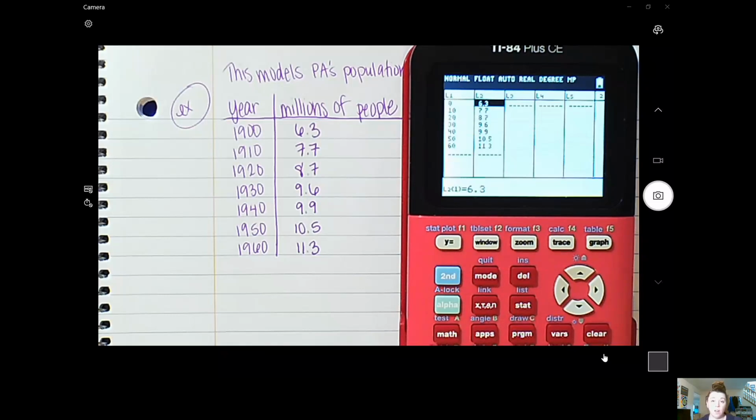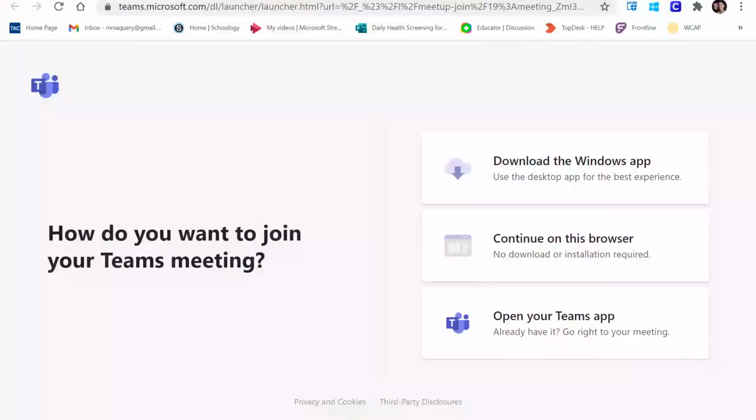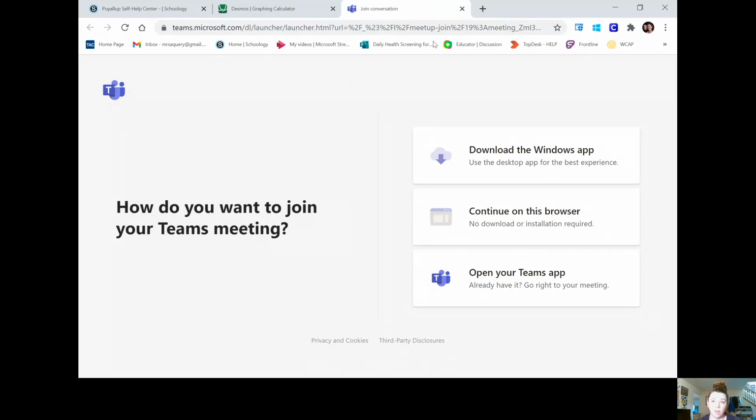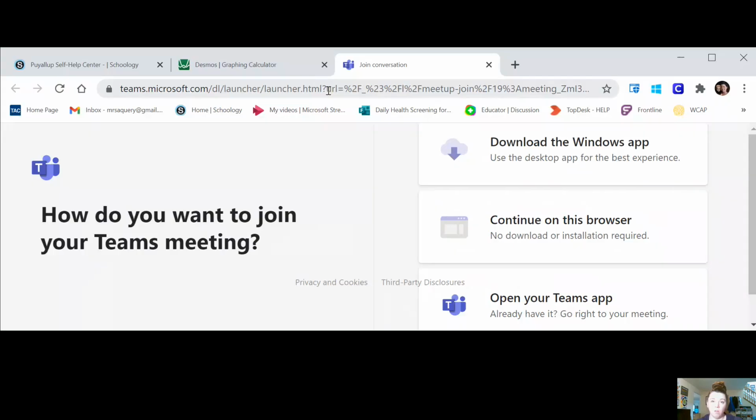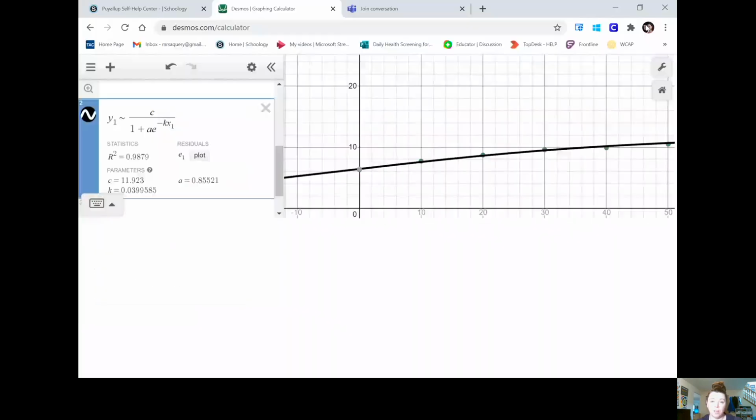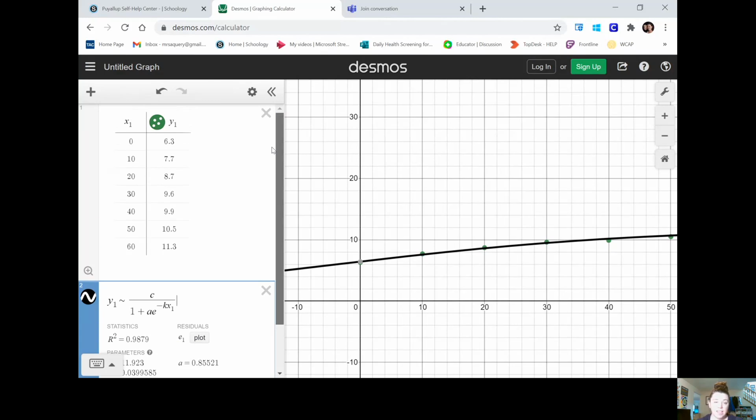I'm just going to show you that really fast. Not quite that tab, but this tab. There we go. I typed in the table right here, and then I needed it to do a